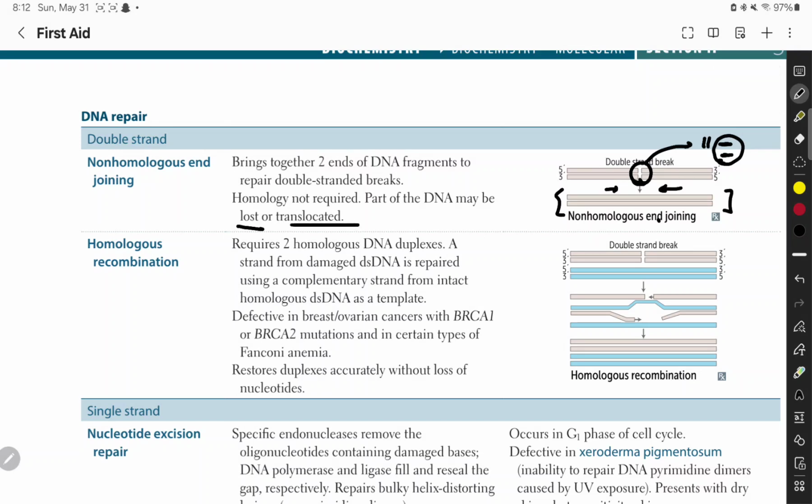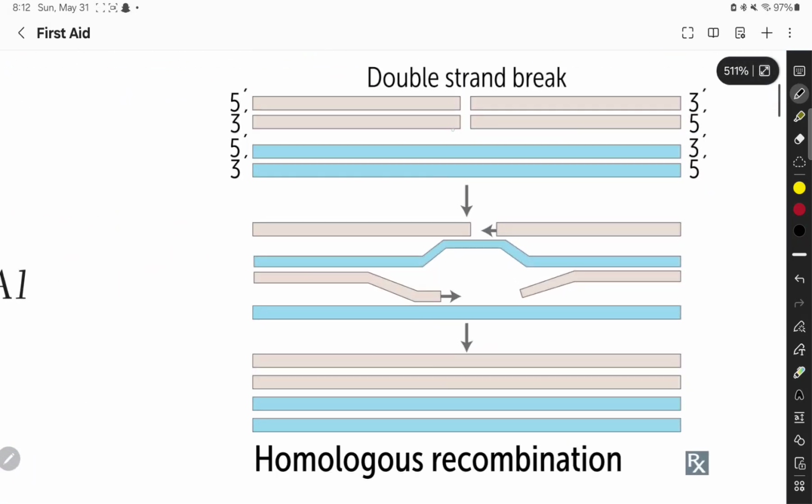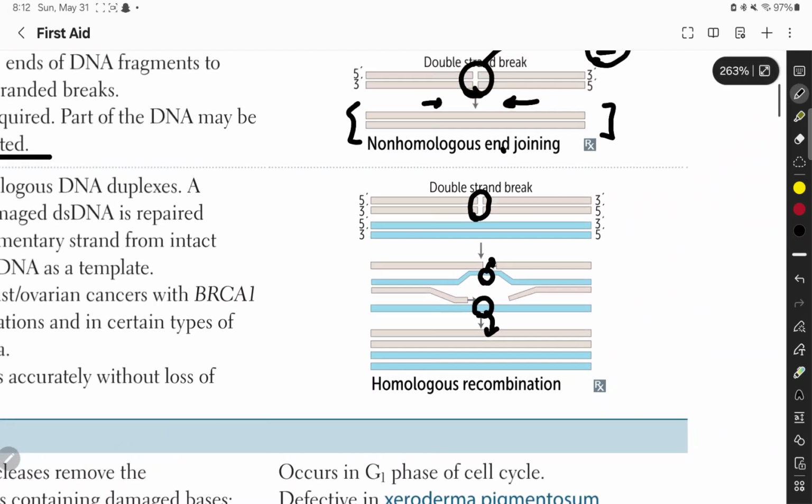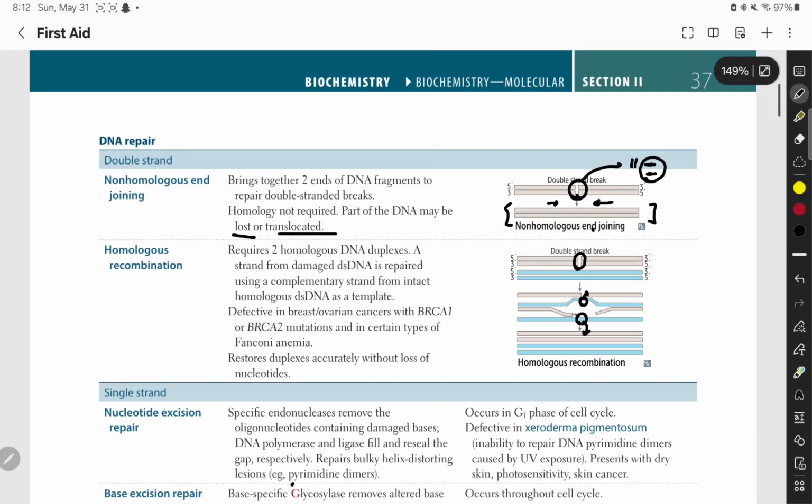The next one is homologous recombination. This is a better process in a way. The double strand break is the same, but our body brings together two homologous DNA similar to this one, and it takes a particular part from here and puts it here, and a particular part from here and puts it here. This leads to homologous recombination, and there is no loss of DNA, no loss of nucleotides. It requires two homologous DNA duplexes, and the strand of damaged dsDNA is repaired using